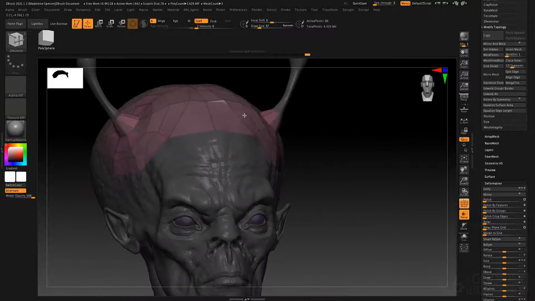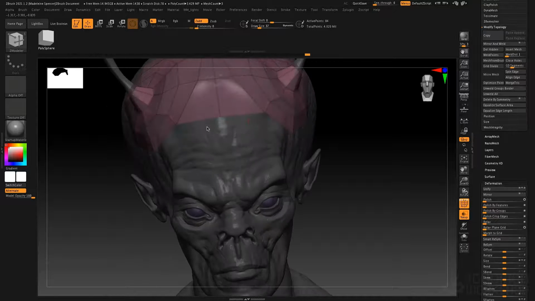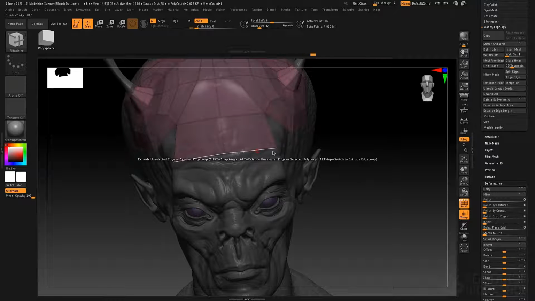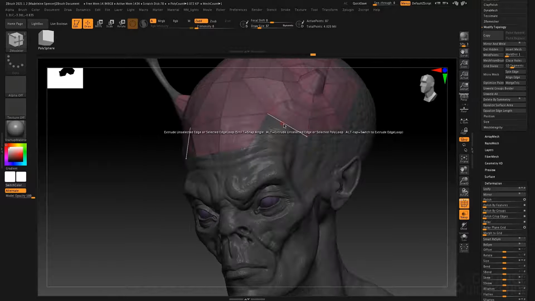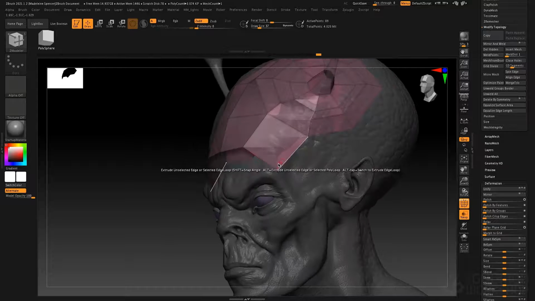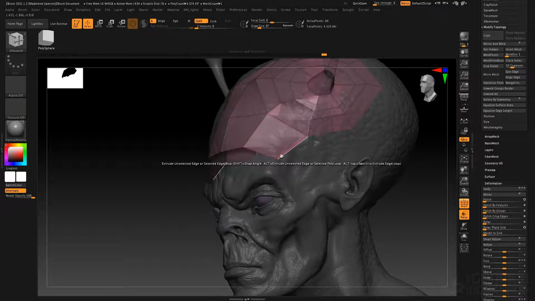So you can carry on extruding as you want with the X symmetry now turned on. We do this, grab these points, move that down, bring this point out, and as I move that closer, you see it snaps and welds to that point. And then I'll just grab these points and move them. Now, if I'm on the